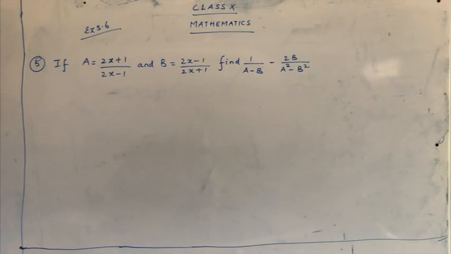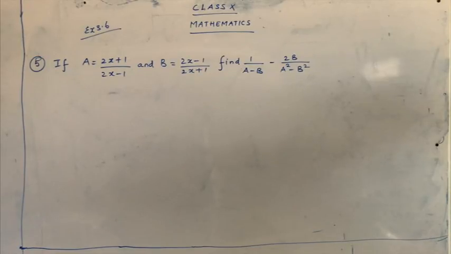And sum number 3 was homework from exercise 3.6. Today we are going to start from sum number 5. And sum number 4 again is your homework, since that sum number 4 is based on the identity. Apply the identity and try to do the sum. Okay children, now let's go to our class.